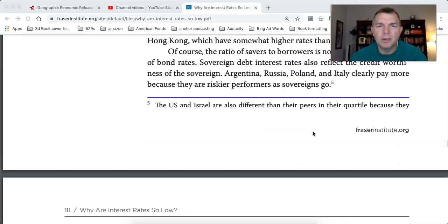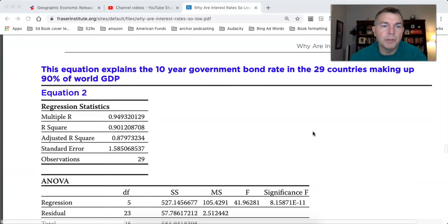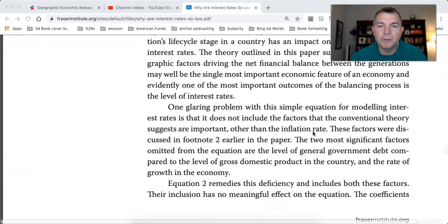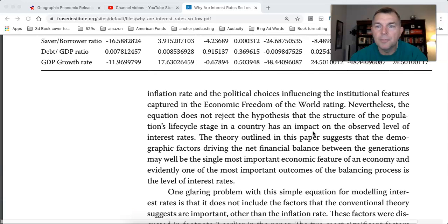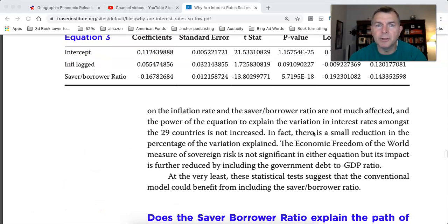All right, I think it was Hong Kong. I don't think Hong Kong. Anyway, let's keep going down. All right, so I want to show you this. I'm going to pass some of these studies, but I want to show you something here. Some of these politics will affect the 10-year bond rate.